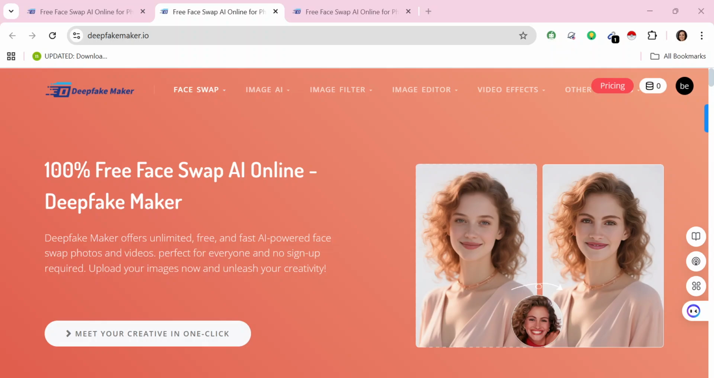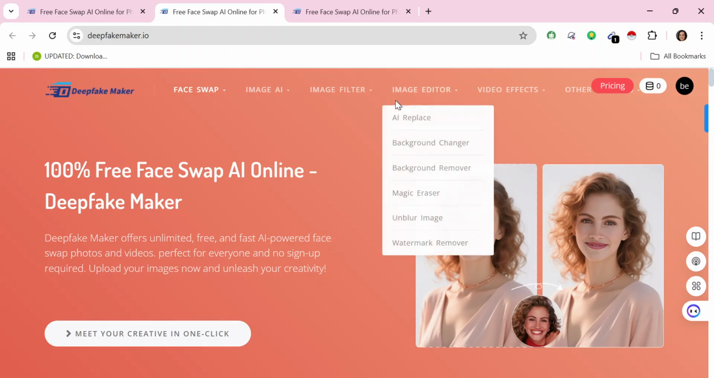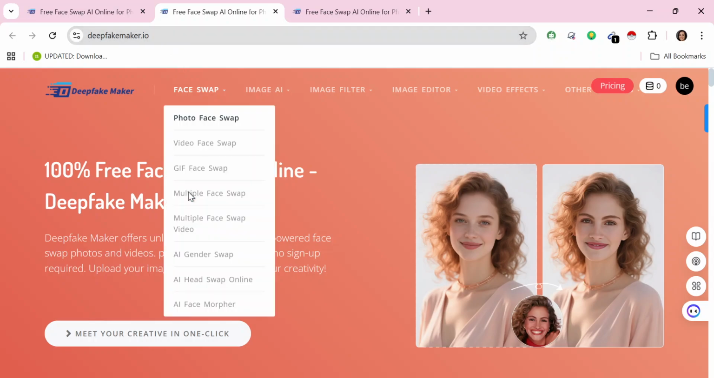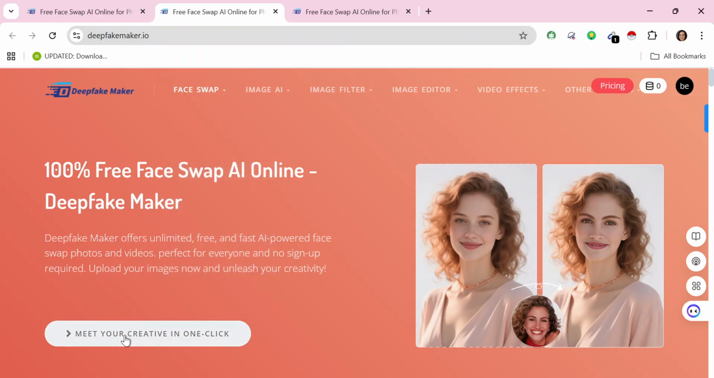Hello guys, and welcome to this video where I'm going to be showing you how to use face swap in this awesome new AI I found called DeepFakeMaker.io. So all you have to do for your face swap is to go to this website, then click on